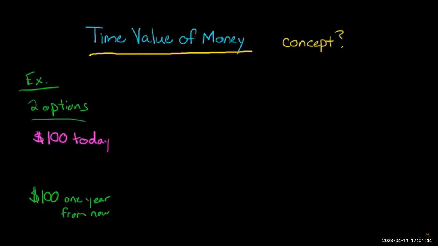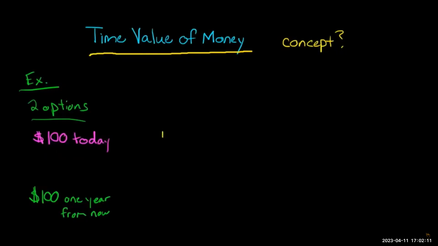So let's look at these 2 options. Which would you prefer? You might say, well, I just prefer the $100 today because I just want the money. I have something I'm already going to spend it on. But let's forget about that for a moment. Let's assume that you don't necessarily have anything you want to buy, but you do want the $100. Well, you might think, I'm indifferent whether I get it today or 1 year from now. But let's think about this, because the money has a time value.